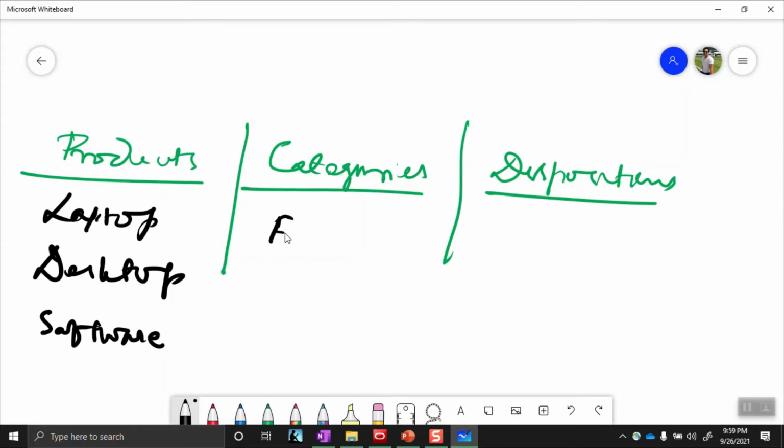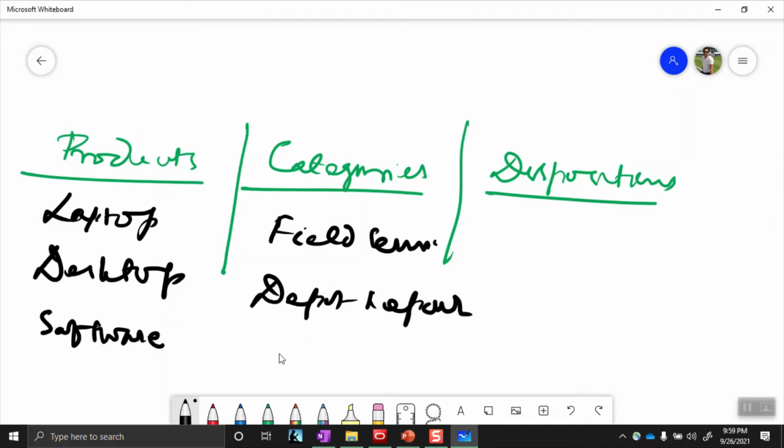It can be, let's say, field service, or a depot repair, or remote. So what does that mean? For field service, a technician needs to be assigned who will go to the site and do the work.